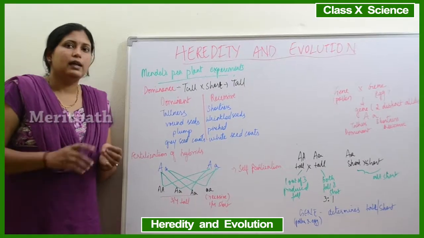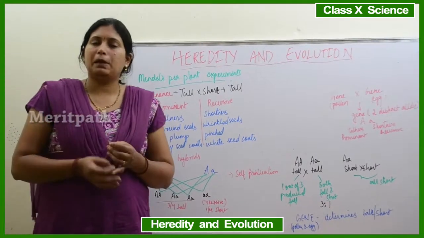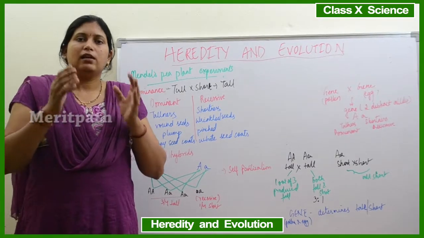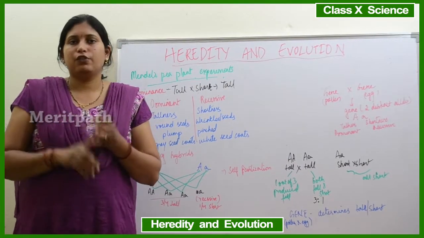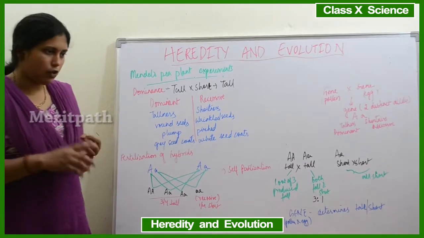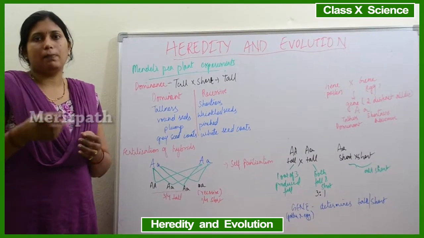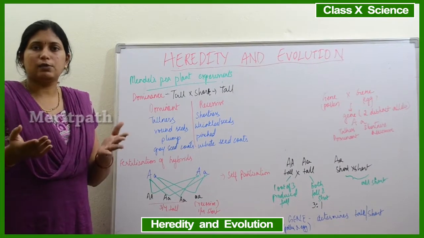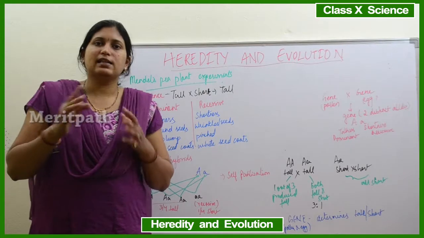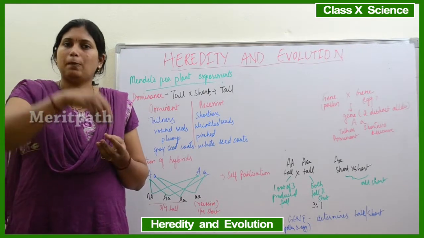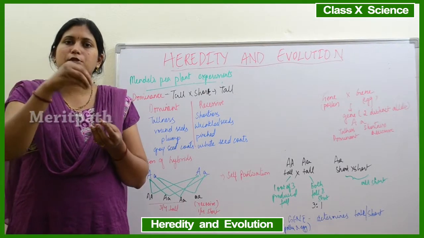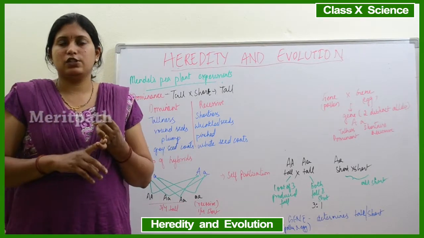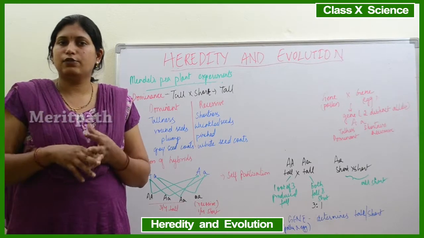So he did some family planning for the pea plants. He acted as a god and did some family planning. See, a pea flower has both male and female parts, that is anther, pollen grains, as well as the ovary part. So he self-pollinated those plants, and sometimes he cut off the anthers, brought pollen grains of another flower and spread them over the ovary. Clear, right? He acted like a god, he did some family planning.